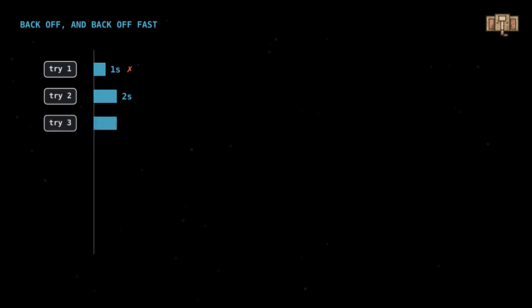Here's the insight that fixes it. When something is failing, don't lean in. Back away and back away fast. Wait before you retry and double the wait each time. The first attempt fails, so wait 1 second. It fails again. Wait 2. Then 4. Then 8. Every failure is more evidence that the thing is really down, so you give it exponentially